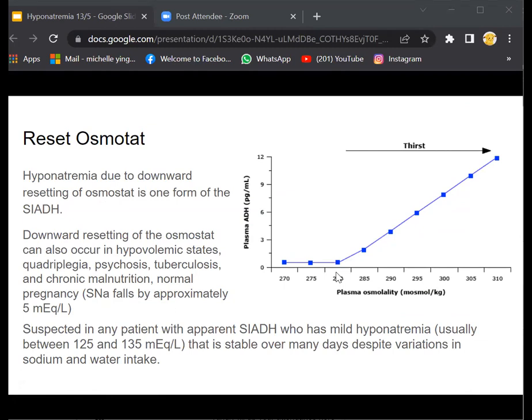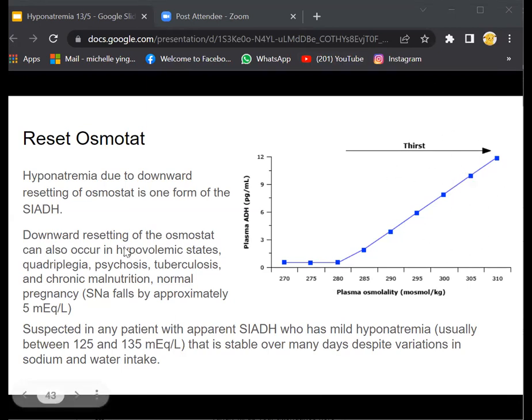In normal individuals, as you can see in the diagram here, the plasma ADH level is very low when the plasma osmolarity is below 280 milliosmol per kilo, thereby permitting the excretion of ingested water, and this increases progressively as the plasma osmolarity rises above 280. So ADH will increase when the plasma osmolarity rises, with increased thirst, so you will